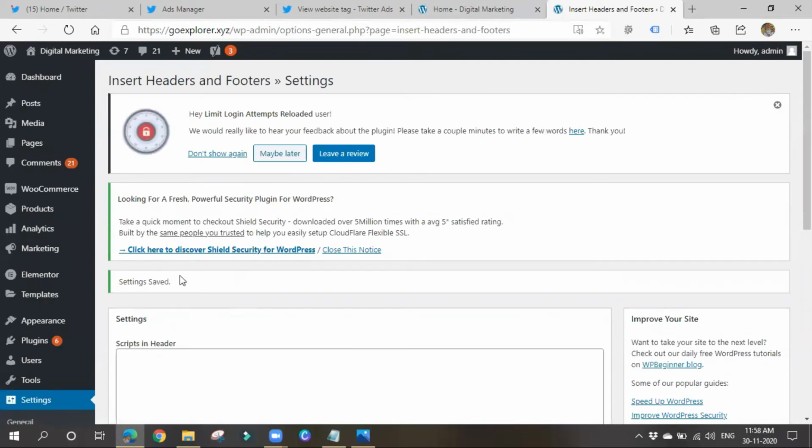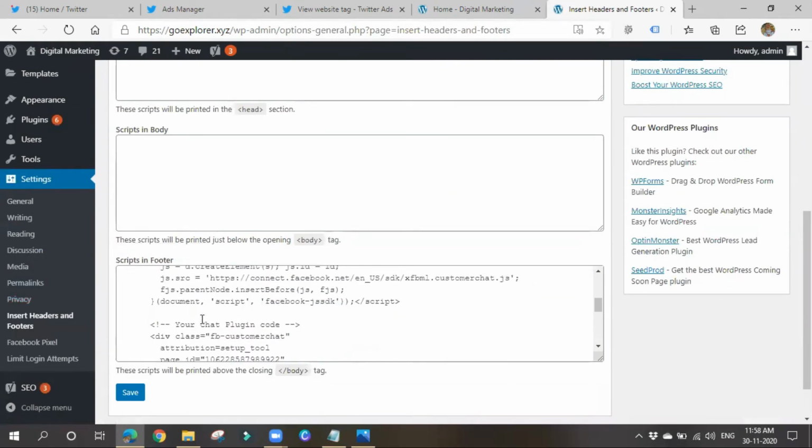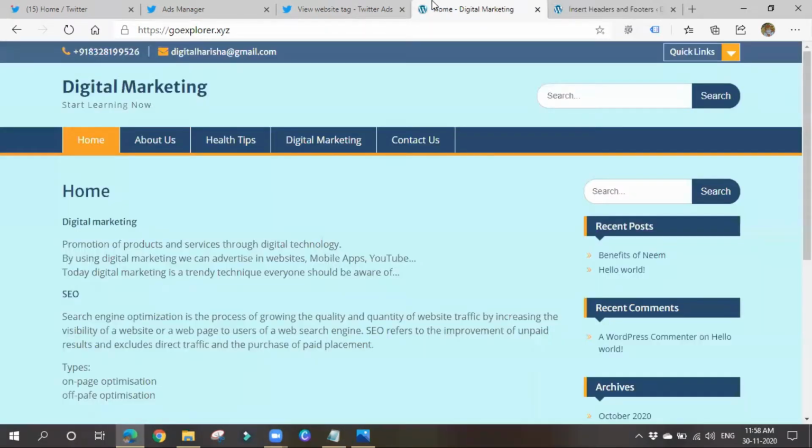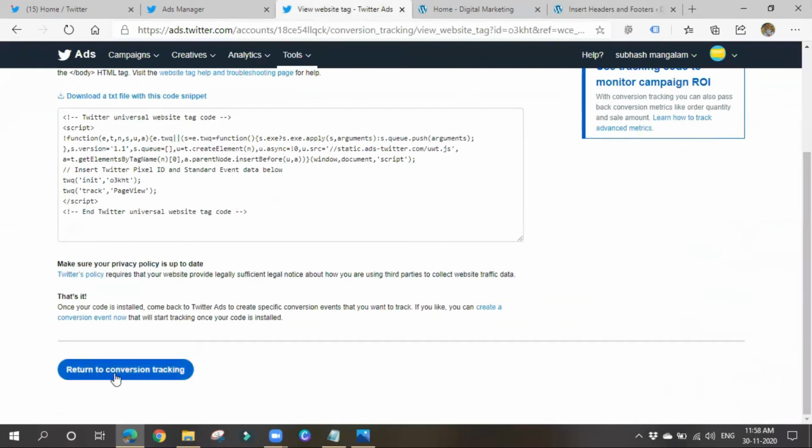Okay. So if you want, you can paste it in the header also. But the thing is, if you paste more and more code in the header, your website loading speed may decrease. Once your website opens, it will take some time. First, it has to load all the code and then it gets displayed to the user. The user may get irritated. So based on the area you place it in also, it's mandatory.